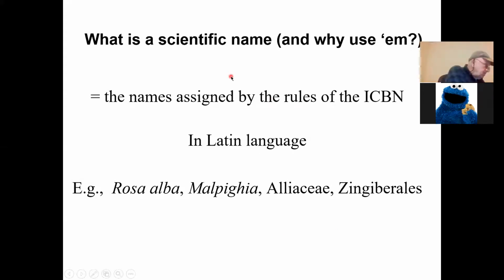Wait a minute. Okay, double check. Okay, all right. Now, before I actually talk about the 2 kinds of synonyms, taxonomic and nomenclatural synonyms, I'm going to beat the drum about why scientific names are better than common names. And common names,